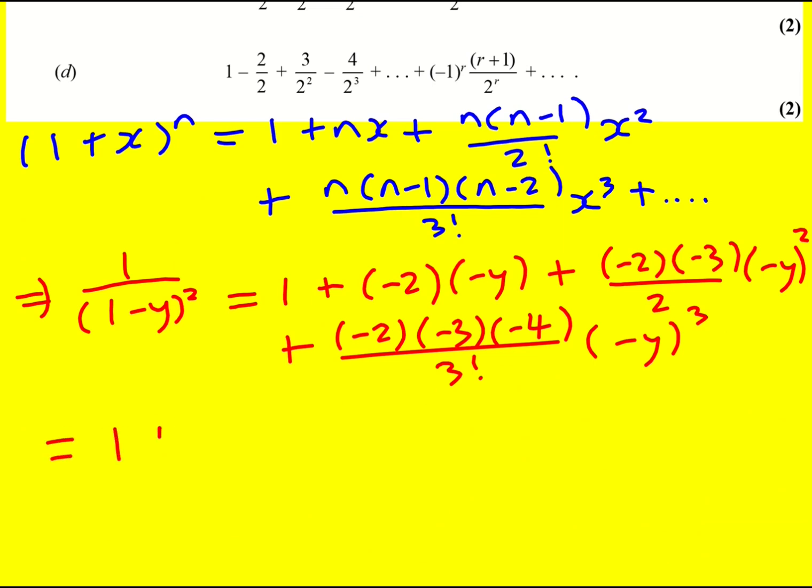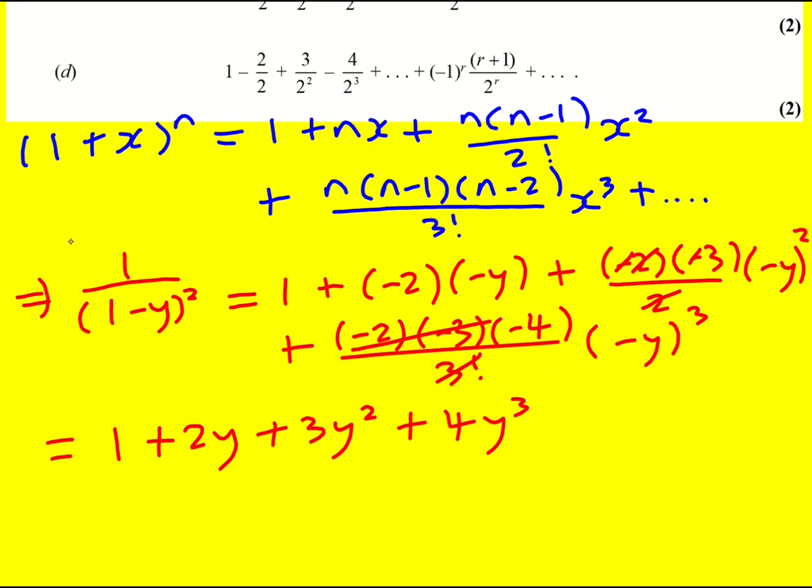So this is going to become 1 plus 2y, because there's a double negative. This 2 is going to cancel out with this 2. The negatives are going to cancel. The minus y squared just gives y squared, so it's going to be plus 3y squared. The 3 factorial cancels with minus 2 times minus 3. There's a triple negative here. That will cancel with this negative, so it'll be plus 4y